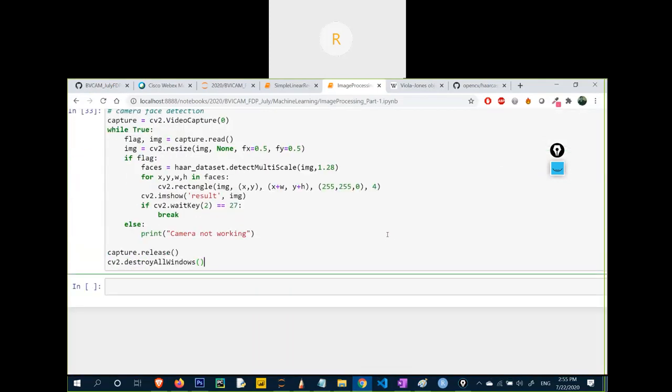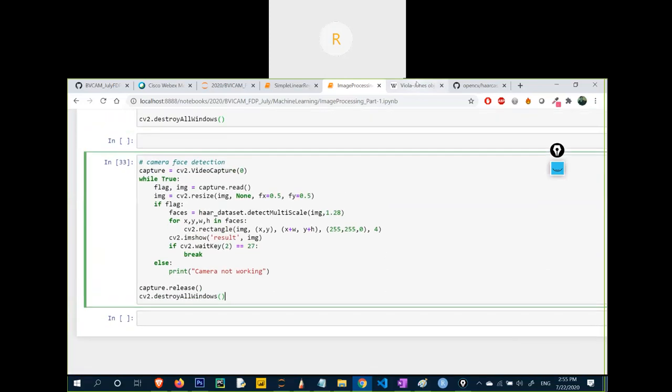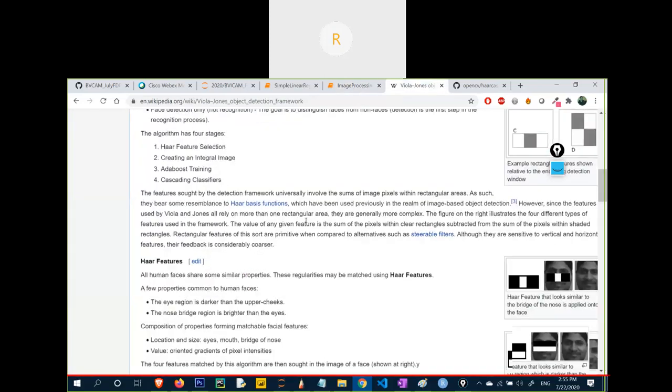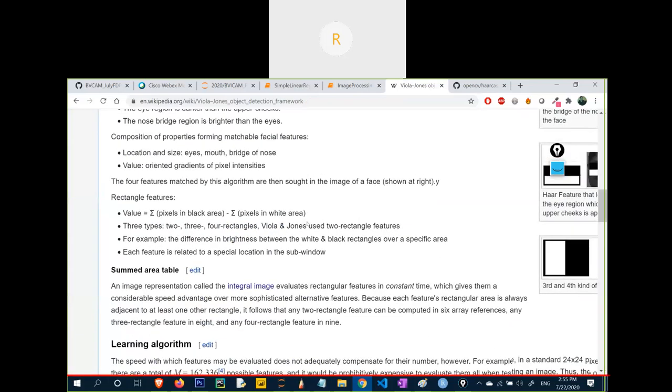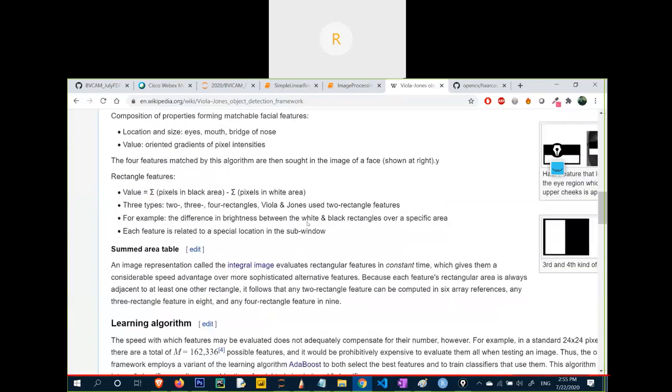Concept of integral image. The integral image was basically used to make the calculation faster. If I am using my original image, then I have to do calculations for a lot of numbers. Like you can see here, any two rectangular feature can be computed in 6 array references, any three rectangular feature in 8, and any four rectangular feature in 9.